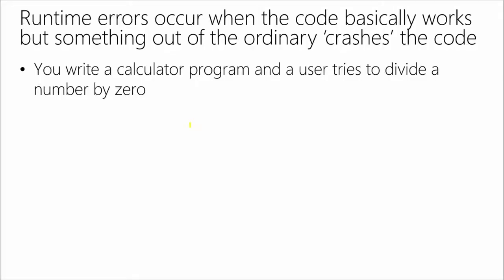That's a different type of situation. Now you've got a runtime error that is only occurring occasionally when there's a specific situation. You've written your code correctly. You write a calculator program and a user tries to do division and enters 0. So your code is now trying to divide by 0. Well, you know what? Calculators generally don't like dividing by 0.